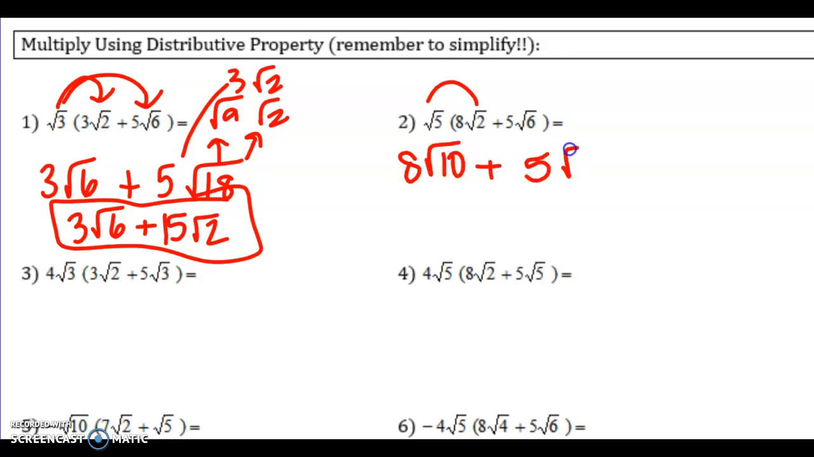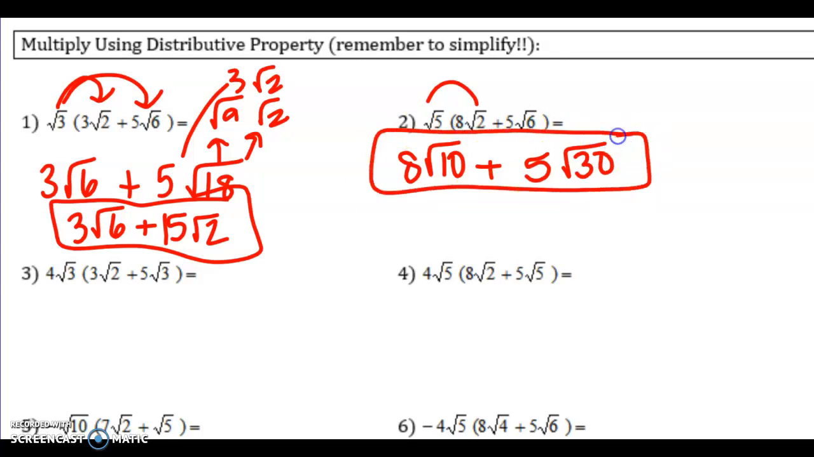plus 5 square root of 30. Can I break anything down? Well, the 30 is one of those that, remember, I can't break down at all. So moving on, if I could do this, I have 12. I'm going to multiply the numbers out front, so 12 square root of 6 plus